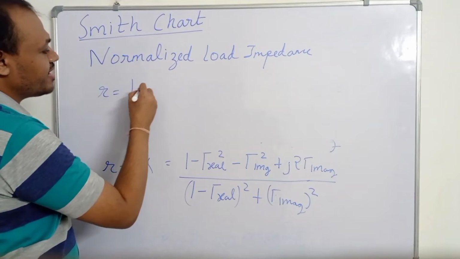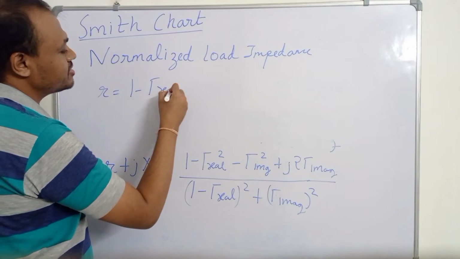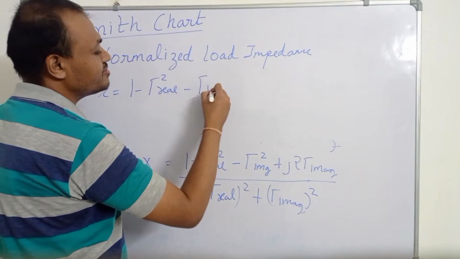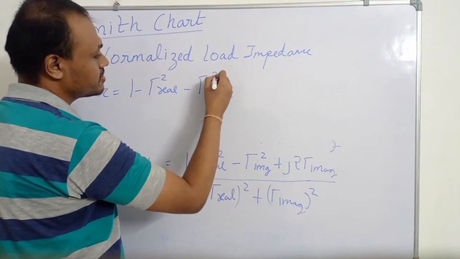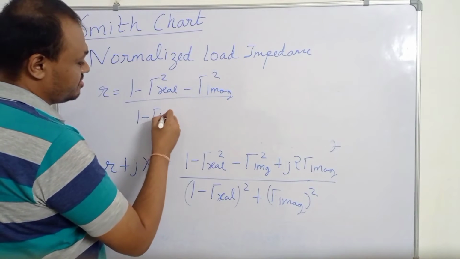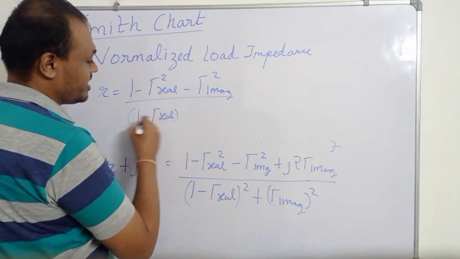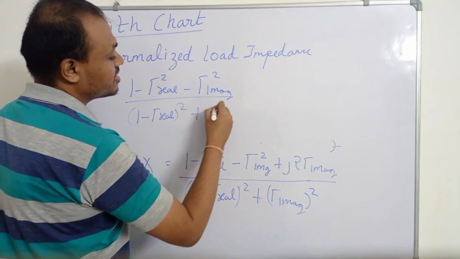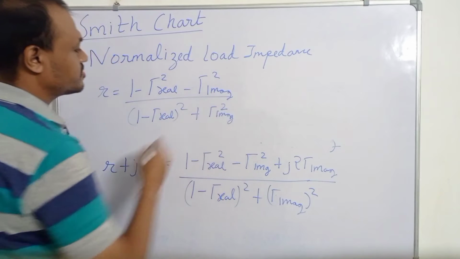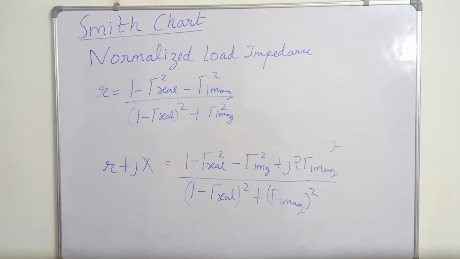to 1 minus gamma real square minus gamma imaginary square upon 1 minus gamma real square plus gamma imaginary square. This is the value of r, and x is equal to